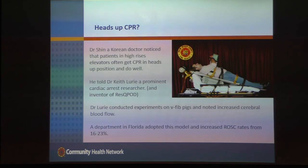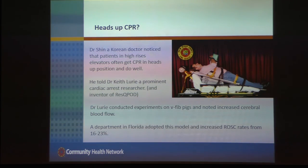So there are some theoretical uses to it. There were some pig studies that noticed some increased cerebral blood flow. I can't really comment, it's being recorded. I'm not ready to try to find some way to do this to people, but